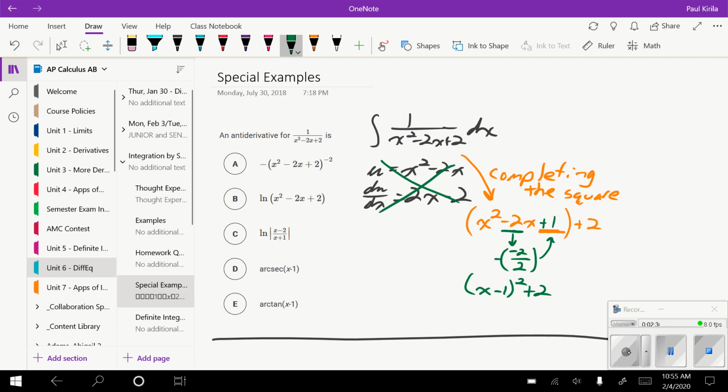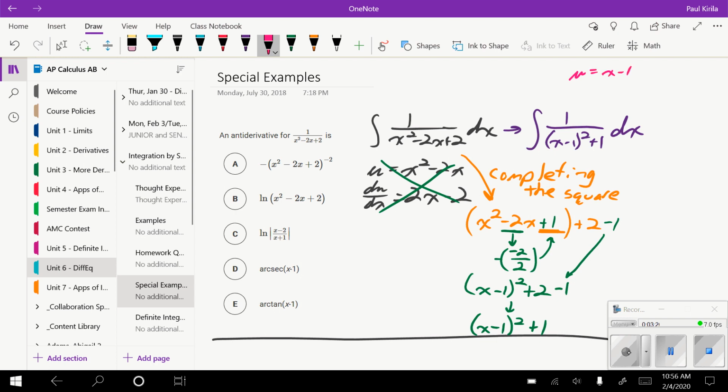I have this plus 2, but I just added a 1 in here, so this orange is no longer the same as orange and green together. So I need to cancel the plus 1 here by subtracting 1 here. So when I do that, I now have x minus 1 squared plus 1. So here, this is now the integral of 1 over the quantity x minus 1 squared plus 1 with respect to x. And this now looks a little bit more like a case of chain rule, where I see, well, x minus 1 is inside